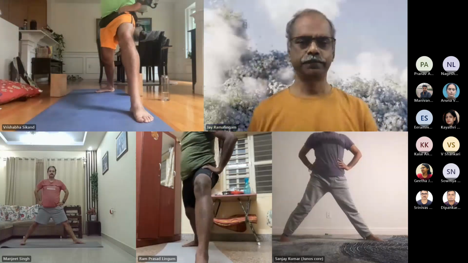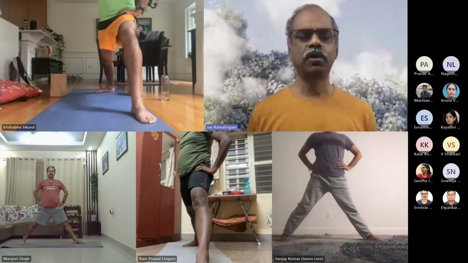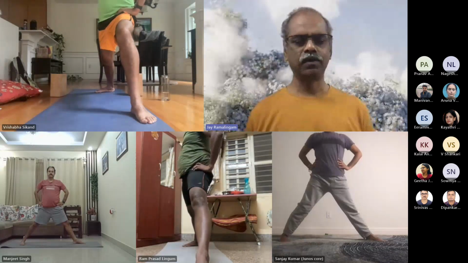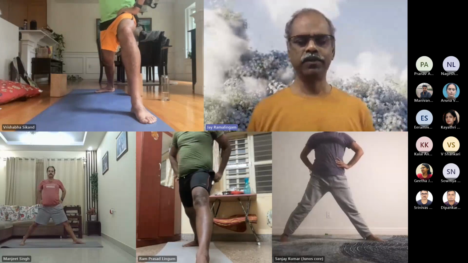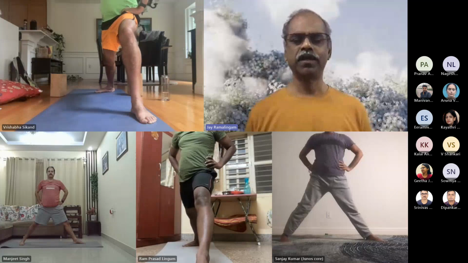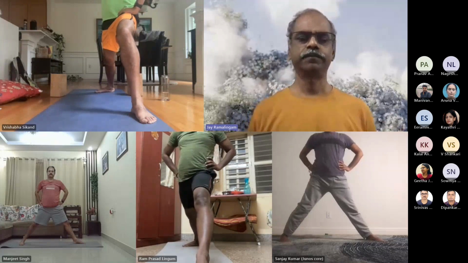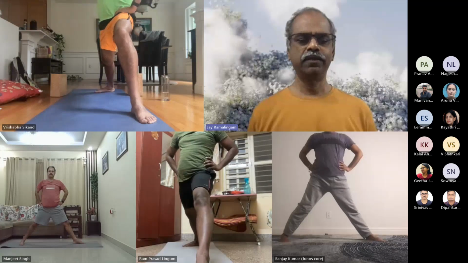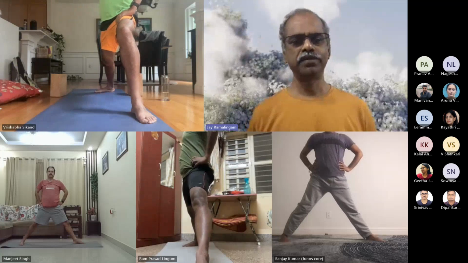Inline stance. Now consciously face the right wall. Bring the left hip also a bit forward so that your left hip is in alignment with the right hip. Shoulders aligned. Your face directly looking at your right wall. Ram Prasad, yeah, face the right wall.